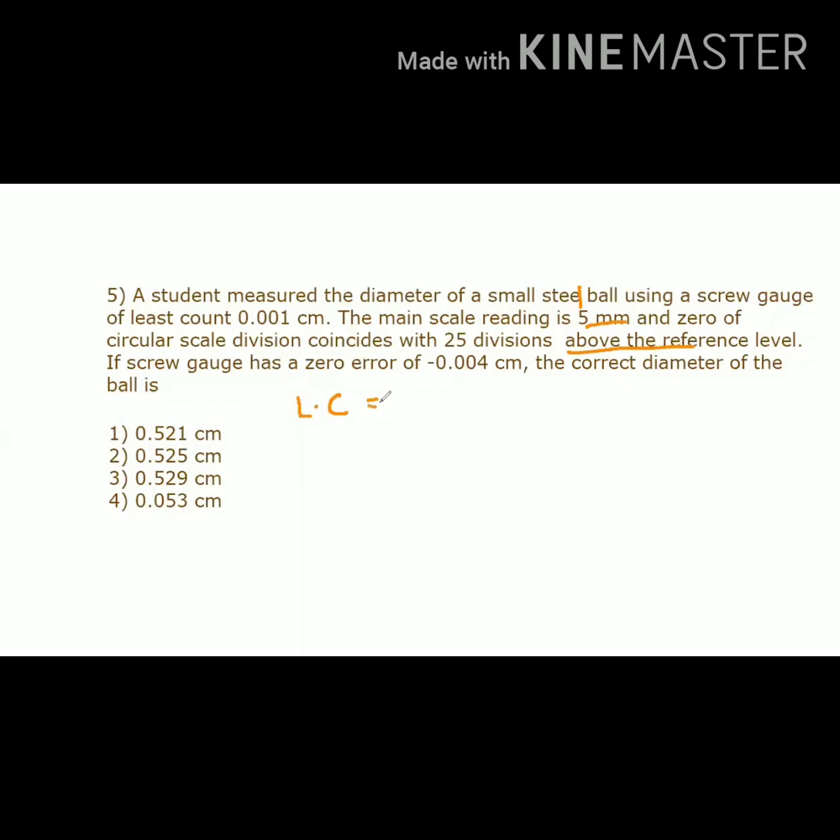But still, the least count formula for a screw gauge is pitch of the circular scale divided by number of divisions on the circular scale. Okay, so here, if you look at it,